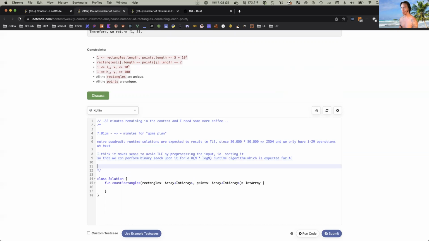Okay, so let's do the implementation of the game plan. 7:05 a.m. It's about 4 minutes for the game plan. Okay, and then let's do the implementation. 7:06 a.m. Implementation